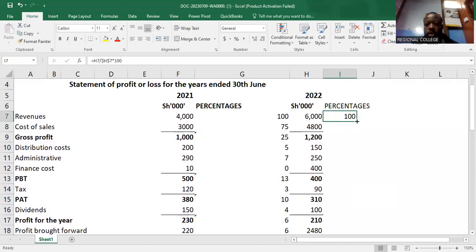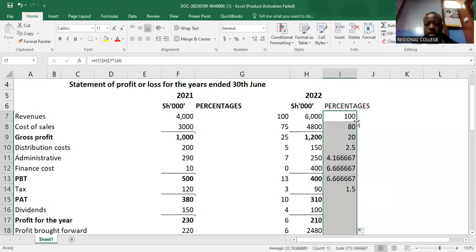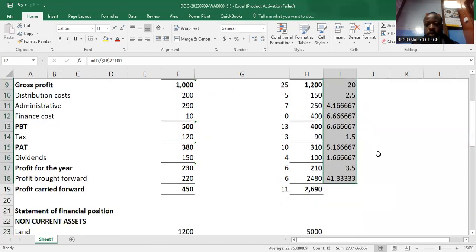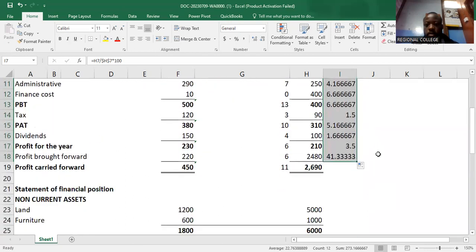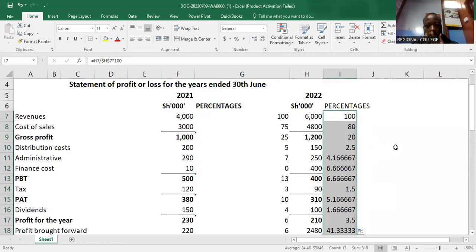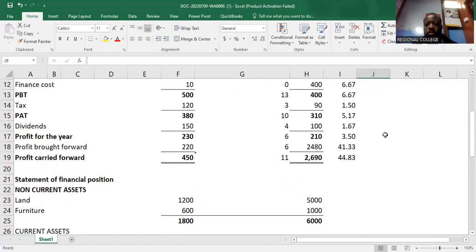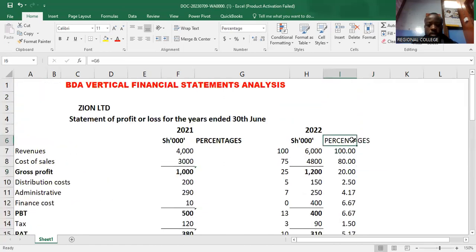Then I put my cursor here when it is a cross, just double click so that they copy those ones. So those are the percentages. If you like, you can reduce them to 2 decimals so that they look neat. Please, that one is good. So that is your percentages of the common size